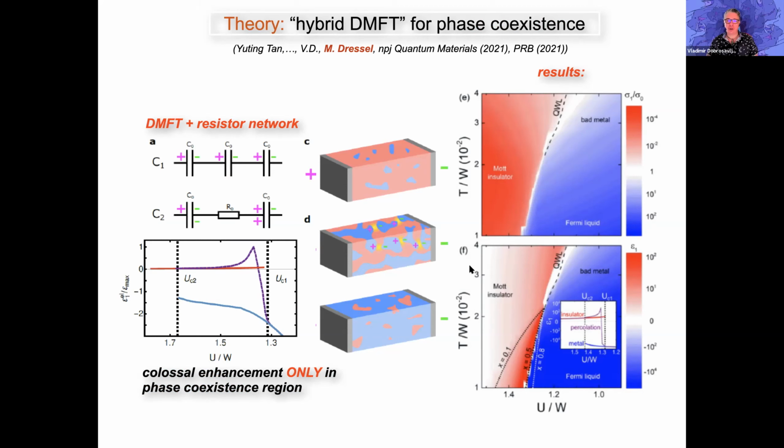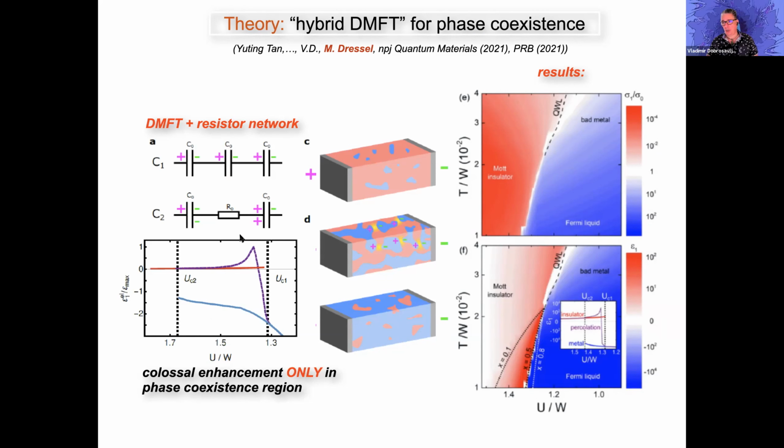Actually, I'm sorry for the confusion. I should have noticed this. In these plots from this paper, they've used W for the bandwidth and not for disorder. This theory has been done in absence of disorder. The description of the two phases that I'm showing here are for the clean limit.